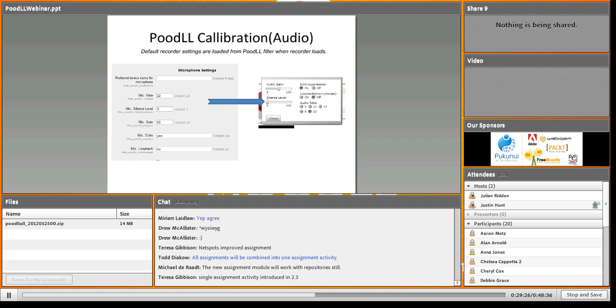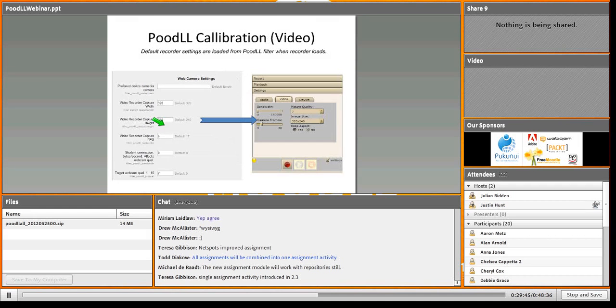On each of the recorders, you do have a settings tab, I guess, and that allows you to do settings on an individual level on each particular computer, but they aren't remembered. What's remembered here is the PoodLL filter settings, and those are applied to each instance. This is the audio settings, and this is the video settings.